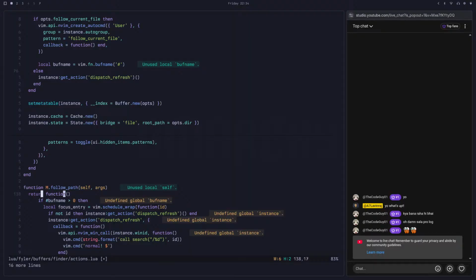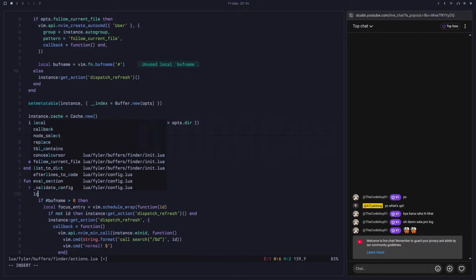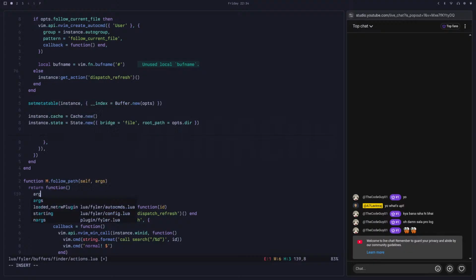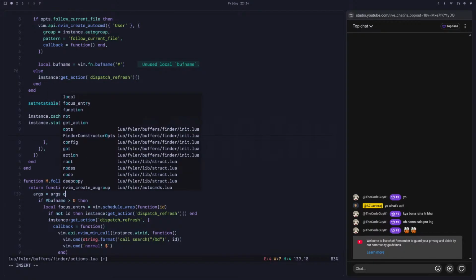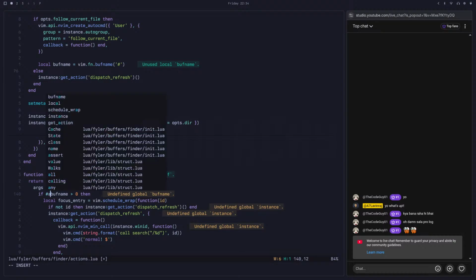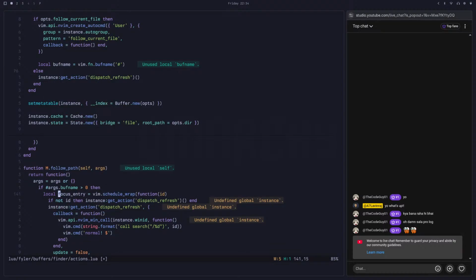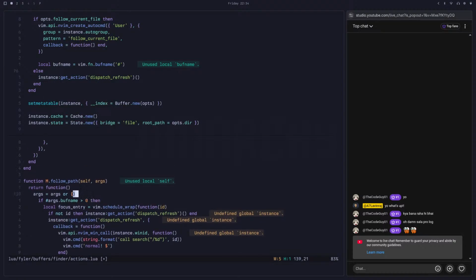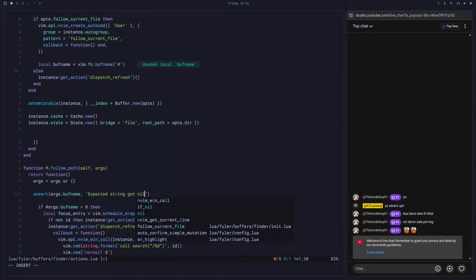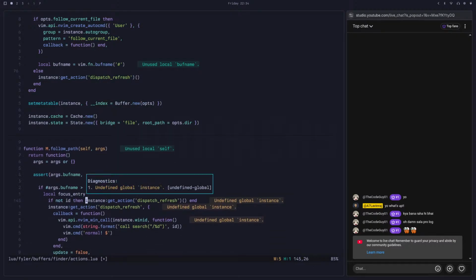So this is that. And for arguments, we have args equals null safety, args.buff_name. And actually, let's add an assertion about buff name. If expected string, not nil, something like this. Then